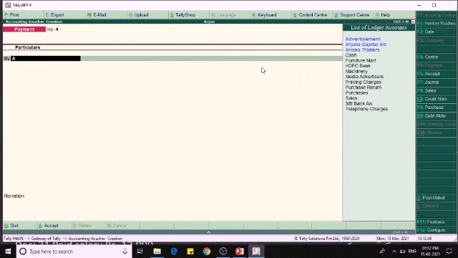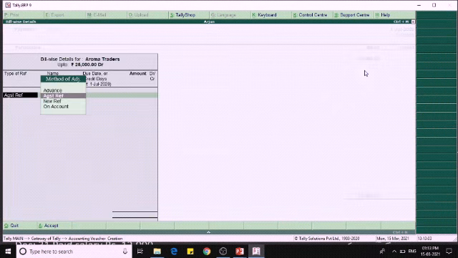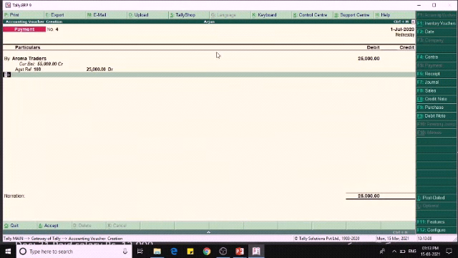So here Aroma Traders is the receiver, so we have to debit Aroma Traders for the amount of 25,000. See, you can see the current balance of Aroma Traders as 80,000. If we debit the 25,000 against the reference number, it will change to 55,000.